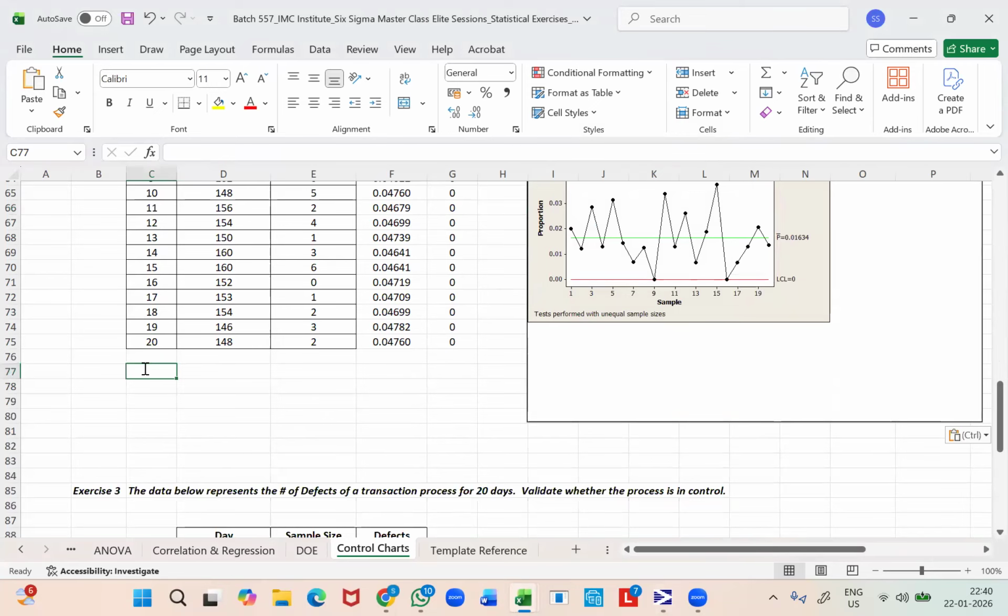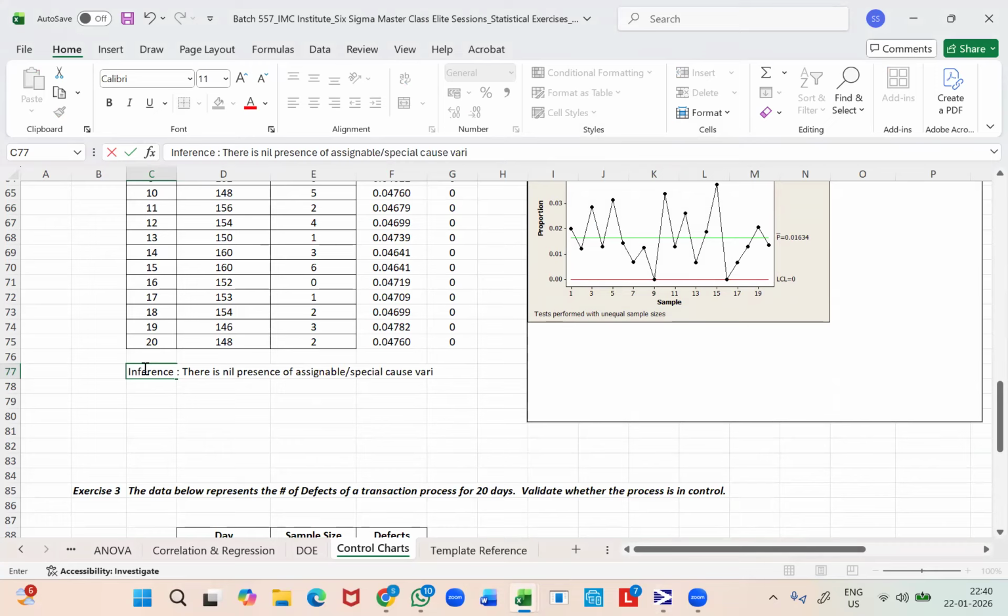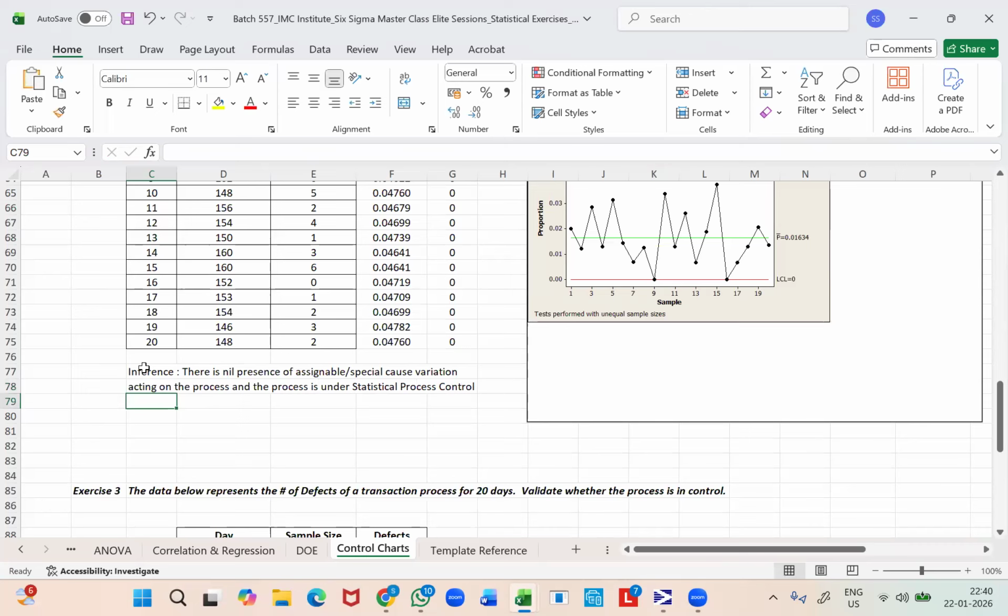Again, I will mention there is nil presence of assignable cause or special cause variation acting on the process, and the process is under statistical process control. So if the process is under statistical process control, it would mean that the process is influenced only by common cause variation,